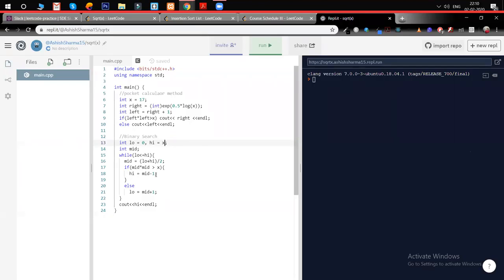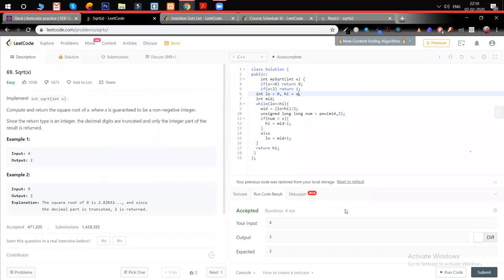With x by 2, it depends on how you implement the binary search. In general, I would avoid doing that because you're not saving much. But it's good to know why it doesn't work or works. Try to debug it. If you just have high equal to x by 2, comment out the line above it.